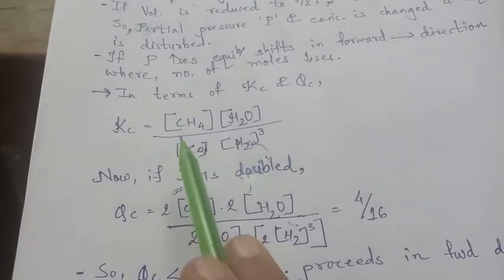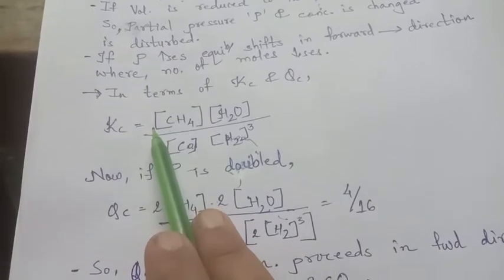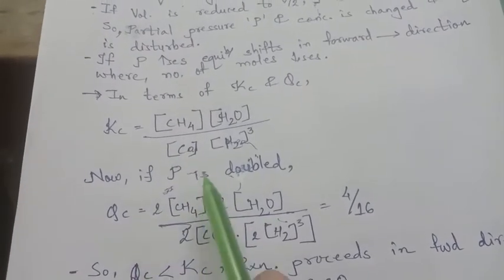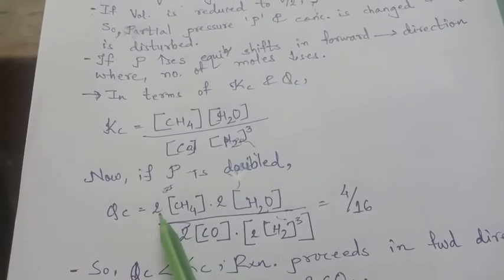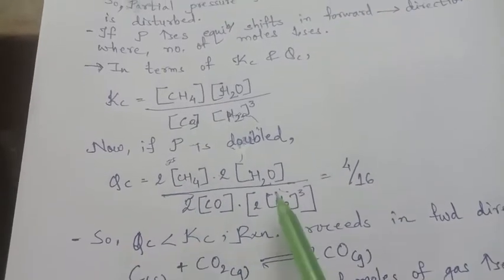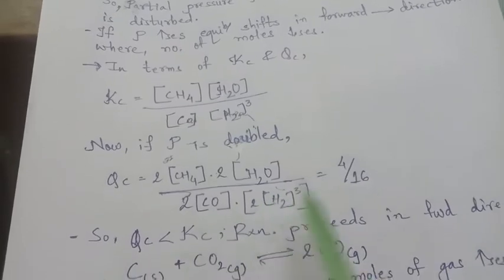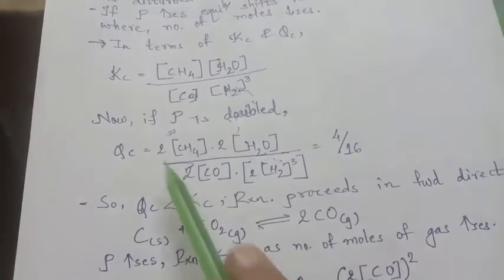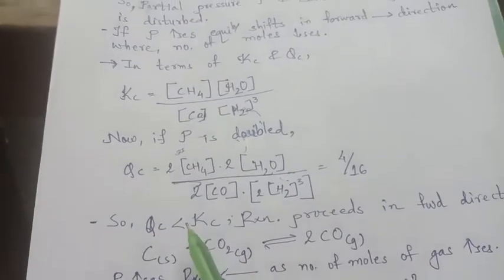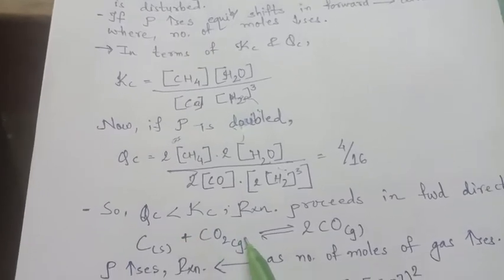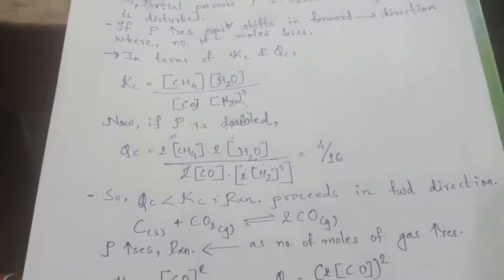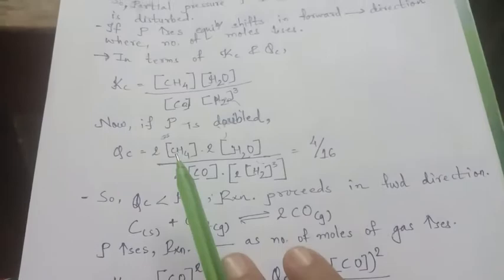So what happened over here? Here the pressure is not doubled and here the pressure is doubled. So 2 twos are 4, and here 2 twos are 4, 4 twos are 8, 2 raised to 3, and 8 twos are 16. So Qc here is less than Kc and the reaction proceeds in the forward direction, that is from reactant